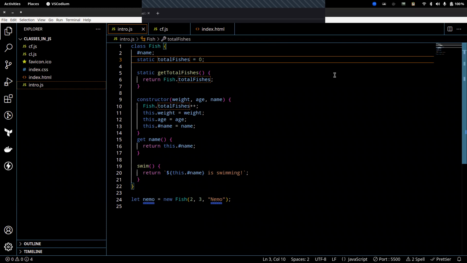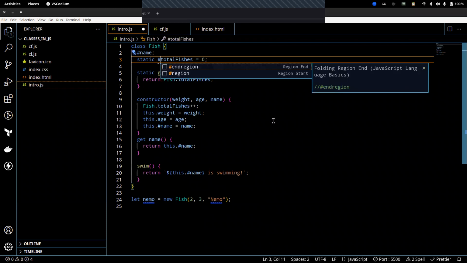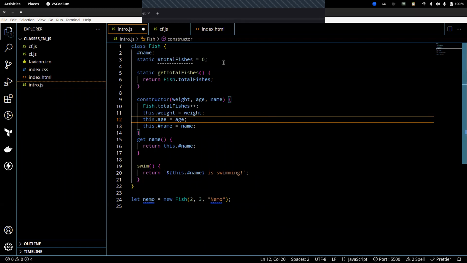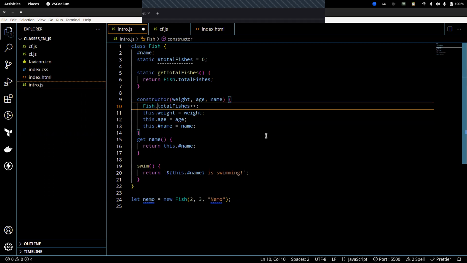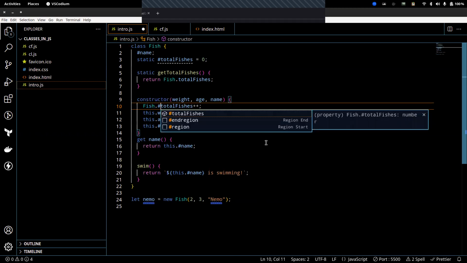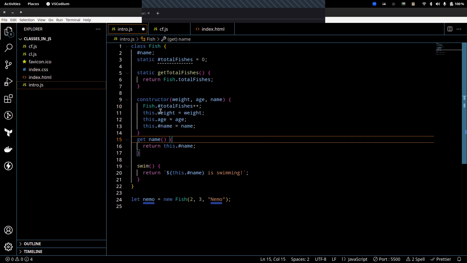So let's do it. We'll put a hash here. What this hash will do is make this variable private, and we can only access it from here. We'll put a hash here as well, because we are accessing the private variable here,